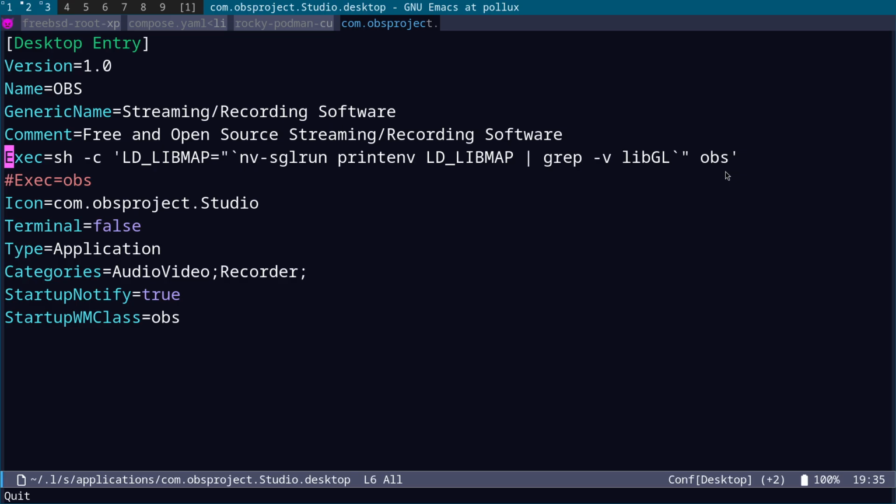And that gets me thinking, you can actually run OBS Studio from a jail, and because we've got nvenc encoding working, we can create... The issue on the FreeBSD side is that quite frequently the nv-sgl run command can break, and you've got to fall back to using VAAPI encoding or software encoding on FreeBSD. So another thing that would be good is to have a Linux Podman container for OBS Studio with nvenc